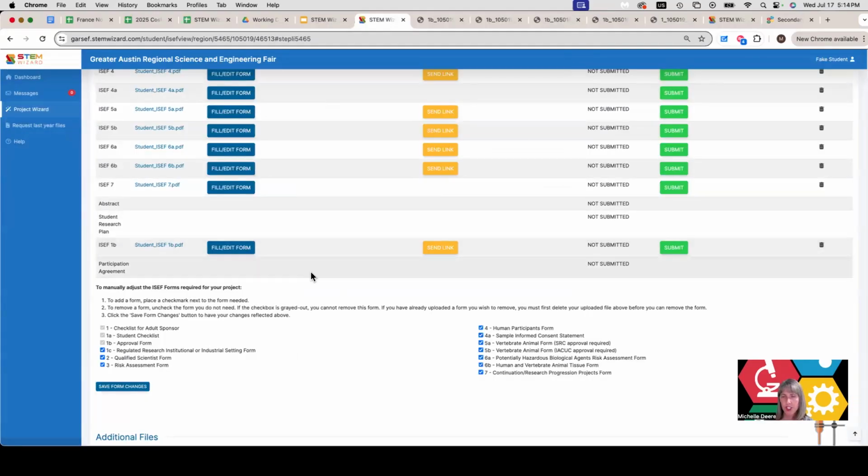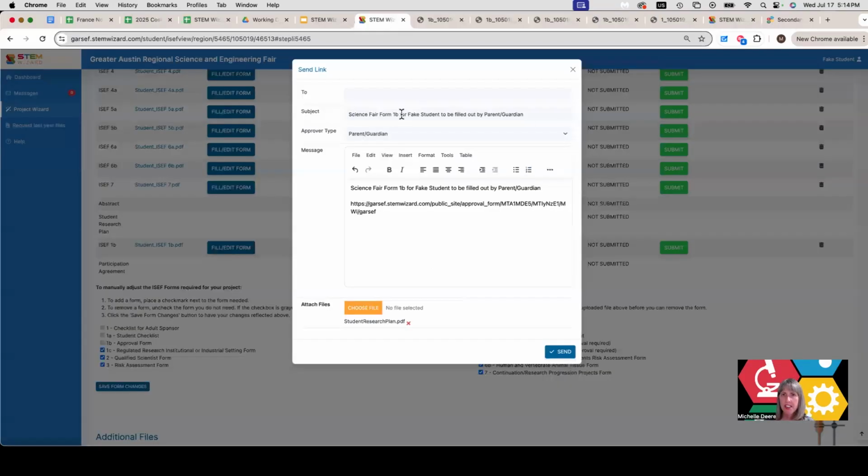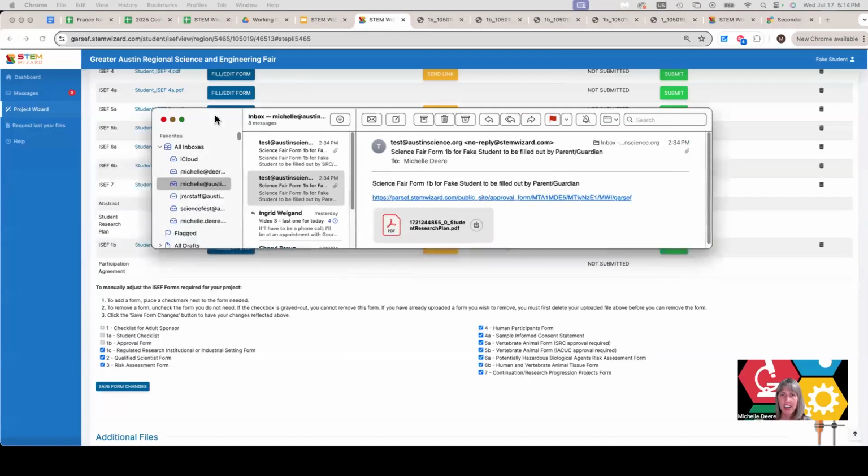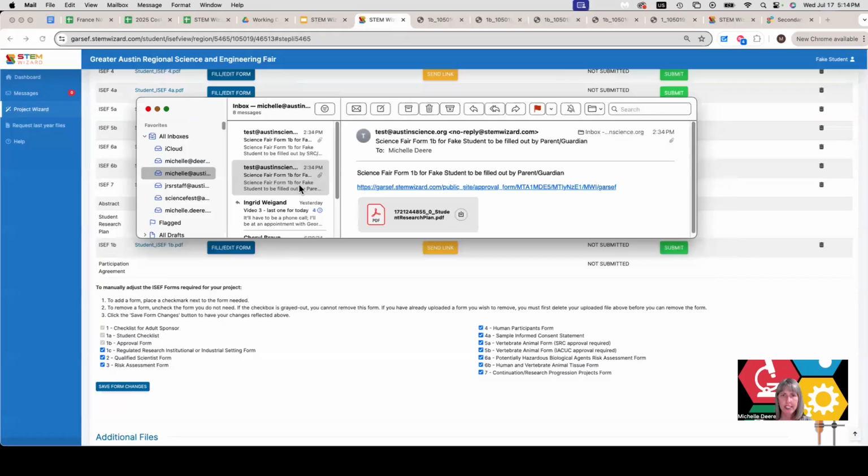And then if the student worked with vertebrate animals or microorganisms, then they would also need to send it to the SRC. That box 2A needs to be filled out. And again, that's student research plan. I have already sent those to my email so that you could see what it looks like on the reviewer side. This first email that I have here says that it needs to be filled out by the